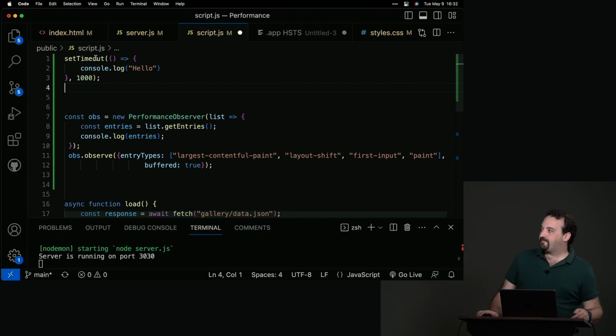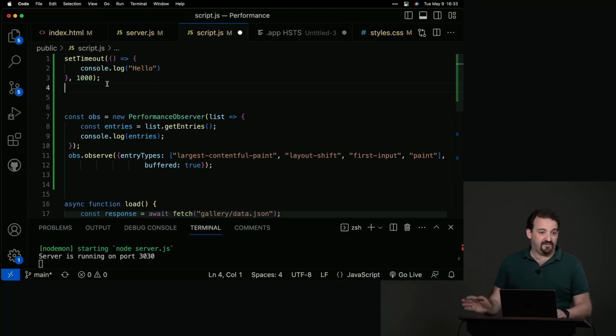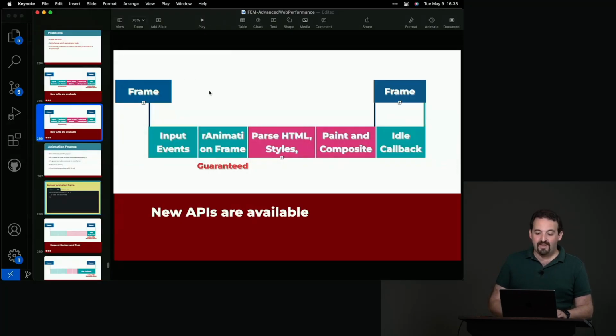So the problem is that we think that setTimeout or setInterval are alarms, are crons, and that's not the case. It's just setting code to be executed in the future, and it has an expiration. So I want this to be executed after 1 second. When? When you have time. After 1 second, but when you have time. And of course, that's bad for a lot of situations. So that's why it's a better idea